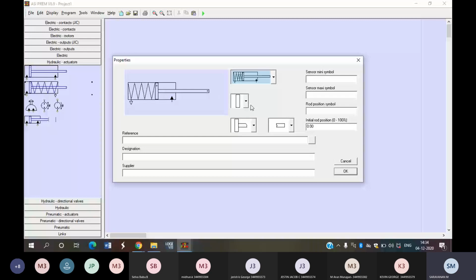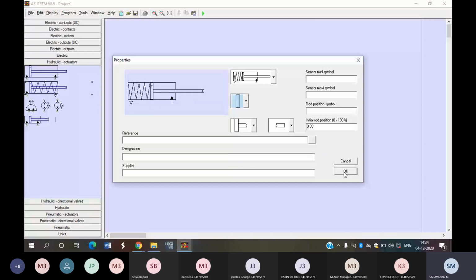This piston also. Hope you have seen on the screen how it is modified, right? So based on our requirement, we can modify. Okay, right? Okay, if you are giving the okay option, right?